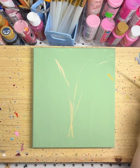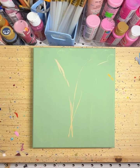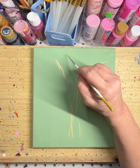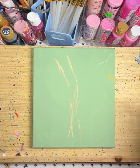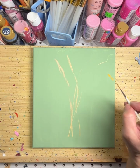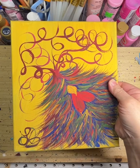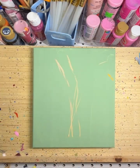If you see right here, this yellow, I picked up two canvas at the same time, and the back of this one was not dry, and I used it the other night as I knock everything down to make the rusta. But you see, that's what left the spot. So I